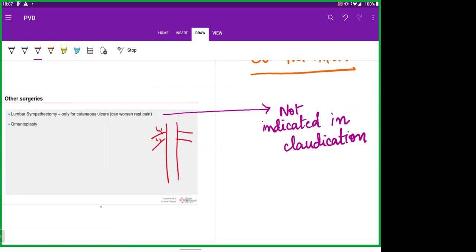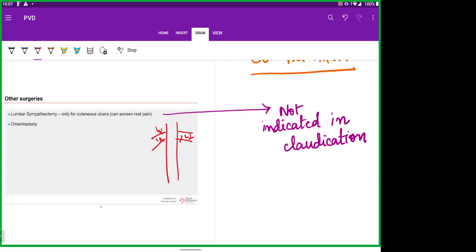We disconnect the L1 and L2. On the other side, we disconnect the L2 segment. These are quite obsolete procedures, but why we do it is to improve the cutaneous flow. So one thing that we need to know is that this lumbar sympathectomy should not be done in a patient who